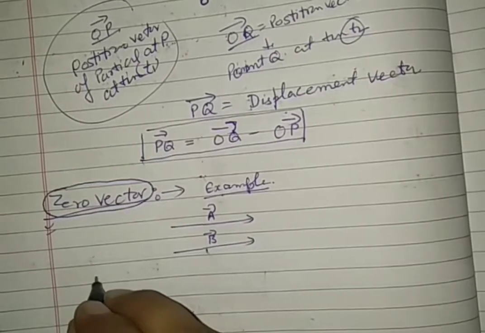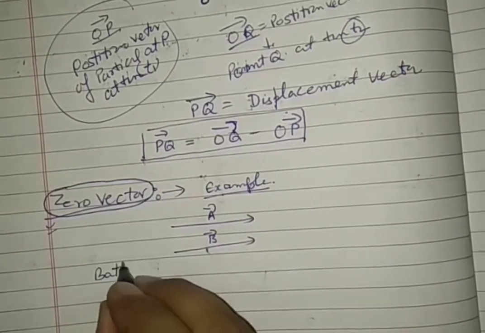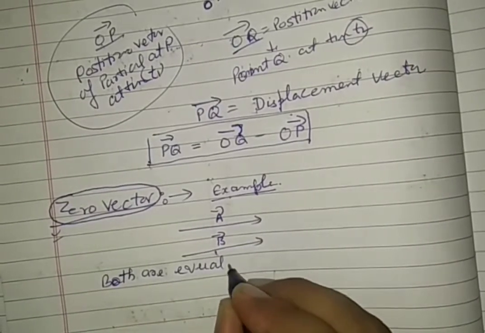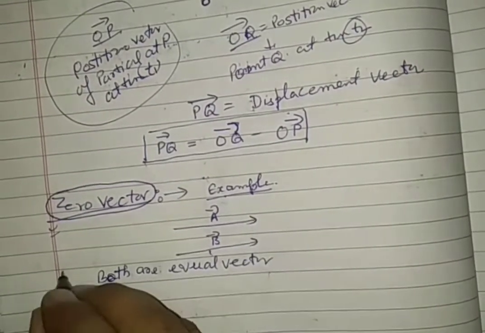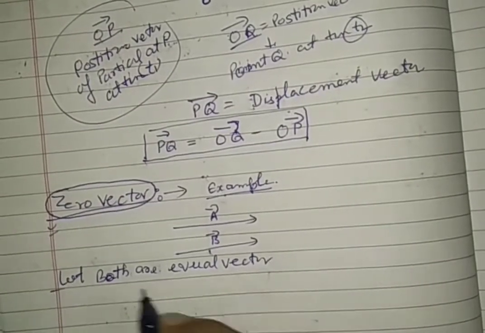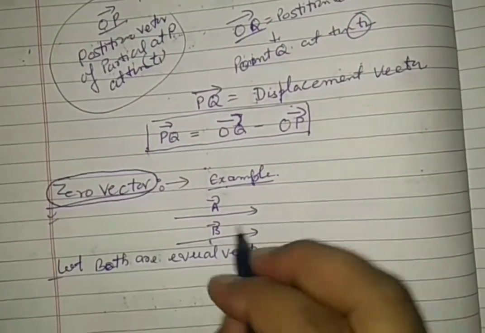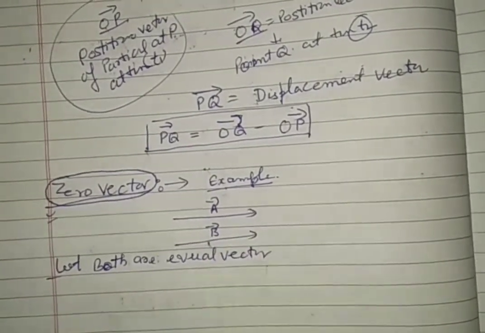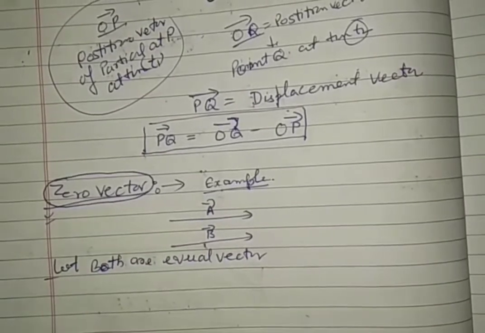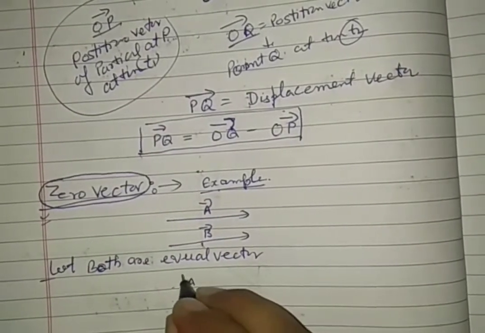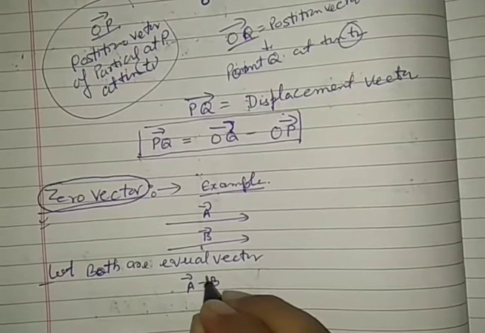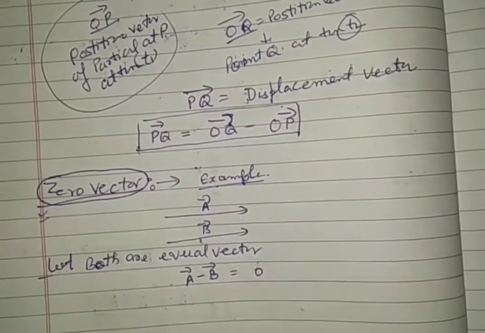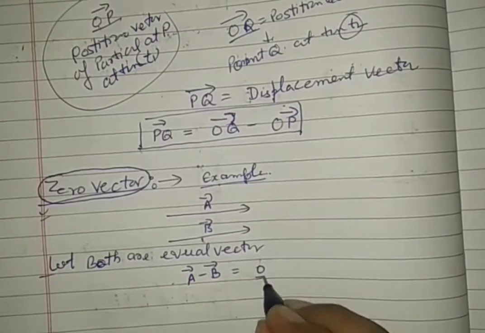Both are equal vectors. If we मान लें both vectors are equal vectors, it means the magnitude of A and B are the same and the direction is the same. And when we obtain vector A minus vector B, then it comes 0. So this 0 is called